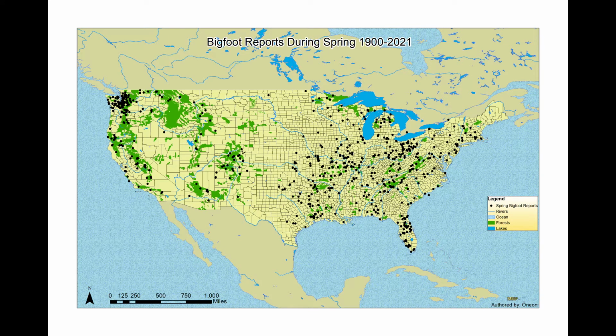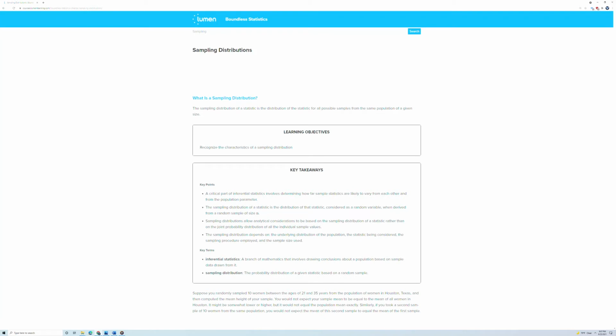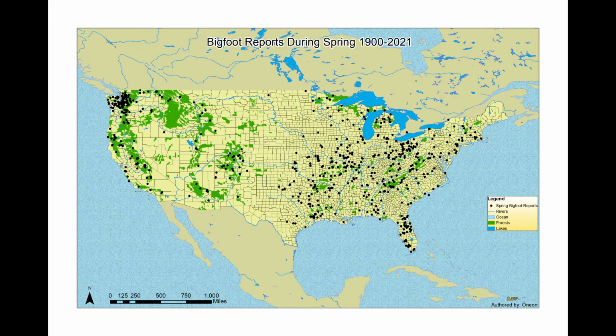The first two maps simply show the points where Bigfoot has been reported in the springtime. One map for all reports and another for only Class A reports. If Class A reports are actual reports of direct sightings of Bigfoot, while Classes B and C are indirect, one would expect there to be far more error associated with Classes B and C. Likewise, one would logically expect a different spatial distribution of Class A springtime reports than that of the dataset containing all reports. However, comparing the spatial distribution of all springtime Bigfoot reports to only Class A springtime Bigfoot reports reveals